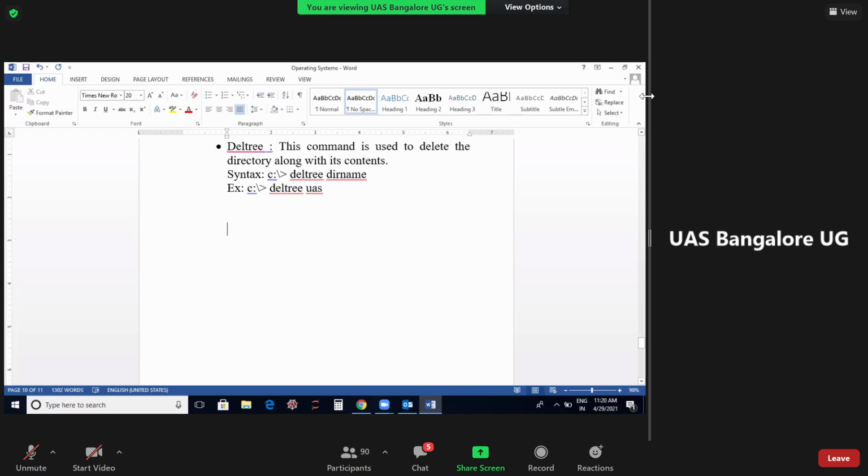Just a few lines. In case they ask you for a 5-mark answer, what would you write? I just want that: the features of the Windows operating system. Here you don't have any commands. You just have to explain what a Windows operating system is and what its features are. Say, it is an operating system with a graphical user interface, that is the GUI. You can say it is user friendly, and make it as simple as possible. Got it?